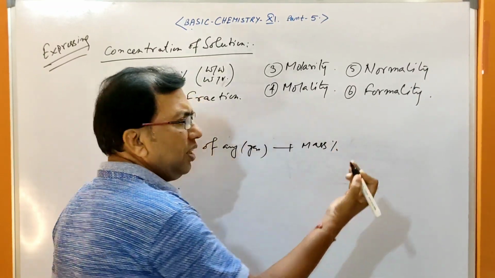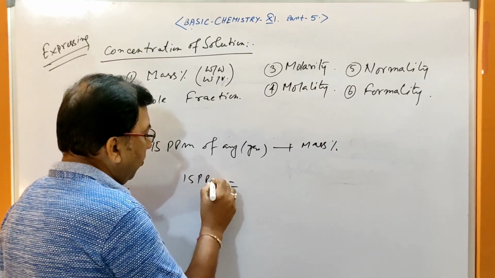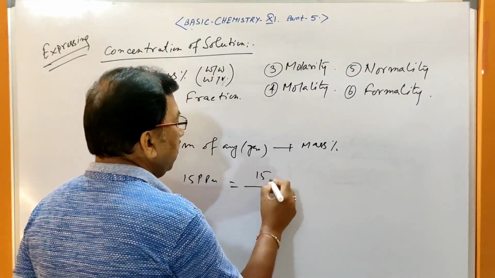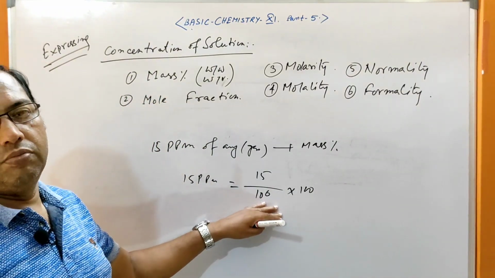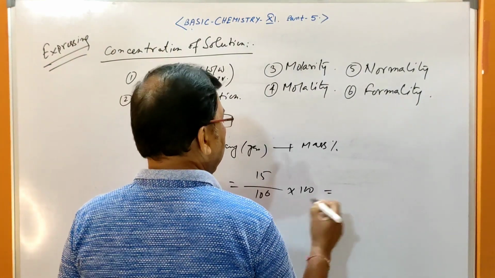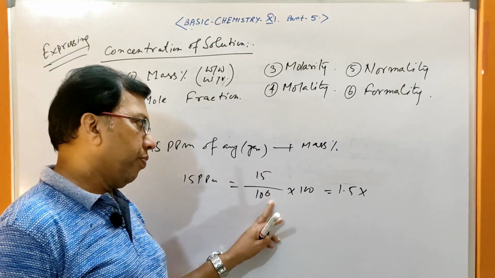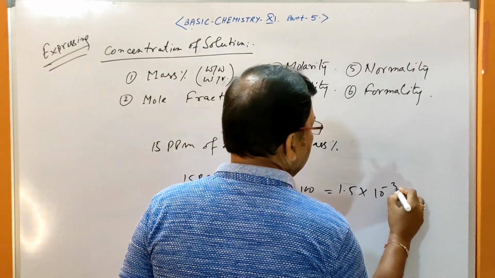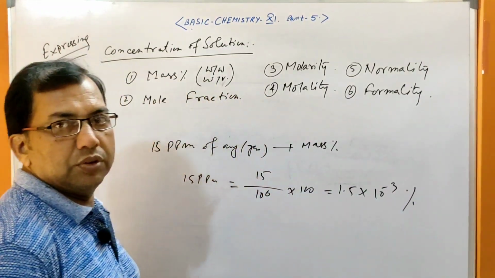How? 15 ppm equals 15 by 10 to the power 6 into 100 mass percentage. 10 to the power 6 is per million. So it becomes 1.5 into 10 to the power of minus 3. Clear? This is the answer, in percent. Clear? Next,